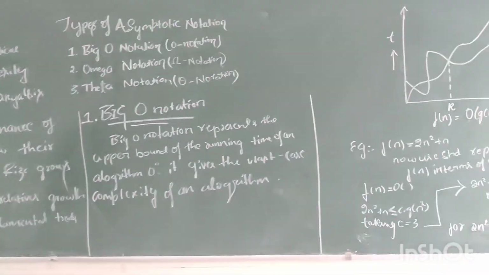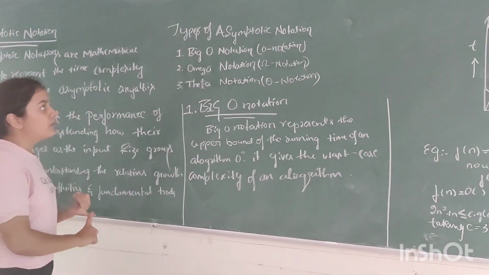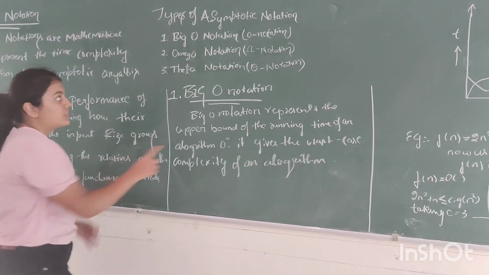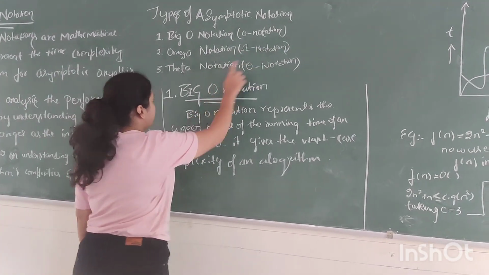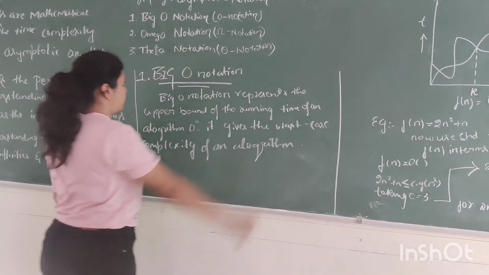So we have three types of asymptotic notations. One is big O notation, which is represented as O notation. Second is omega notation, which is represented as omega notation. Third is theta notation, which is represented as theta notation. So now